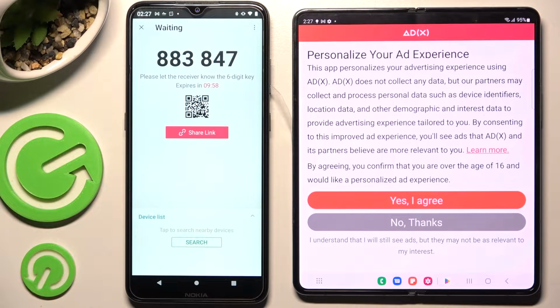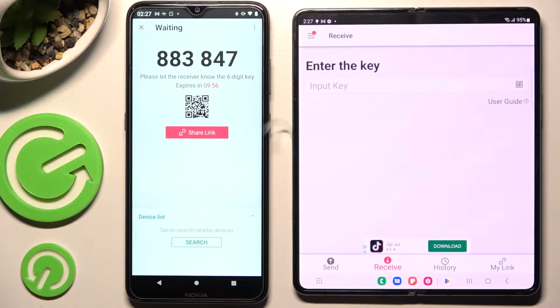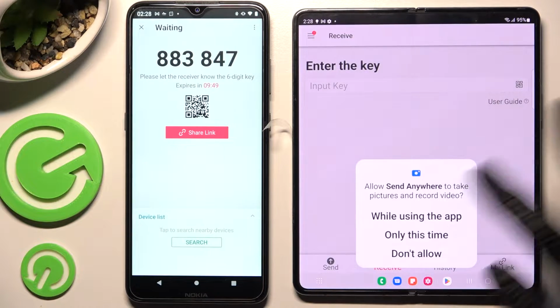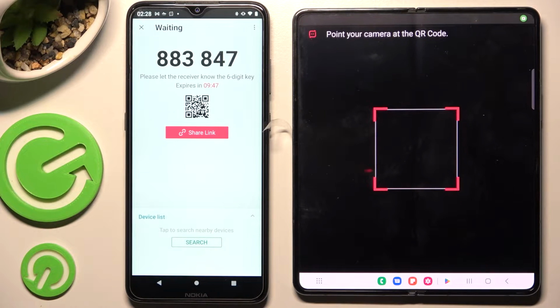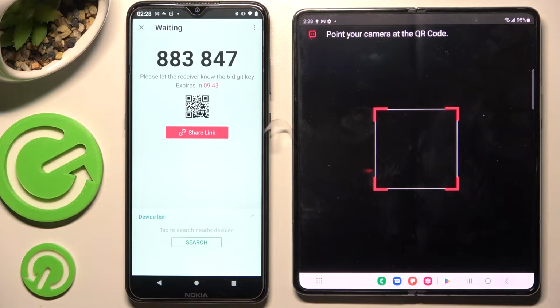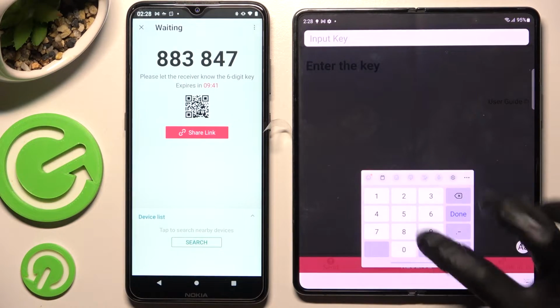Now on Samsung, choose Yes I agree or No thanks and close this window. Finally, we have two ways to connect. We can scan this QR code using this scanning icon on Samsung, choosing while using the app or only this time and pointing the device's camera at the code. But we can also input this key over here instead